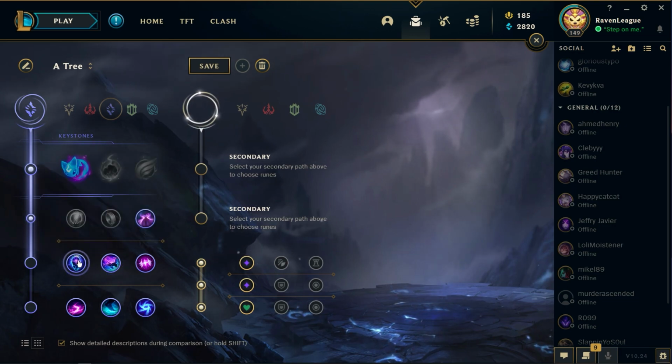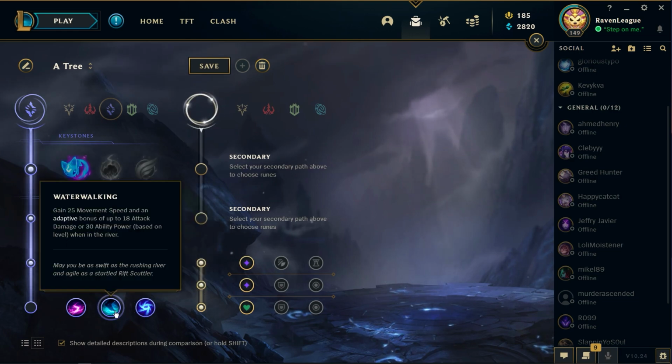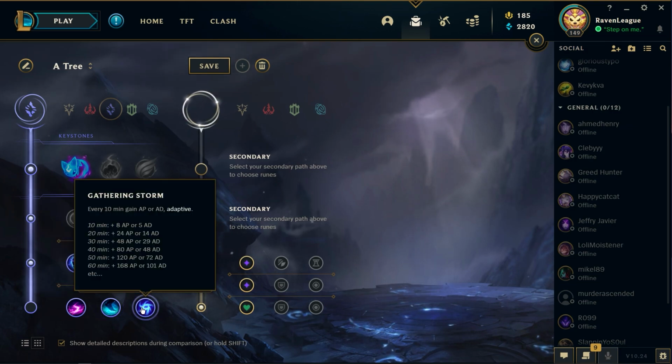If you want to scale, have better cooldowns, shield more often, Transcendence is better. And on the final tree of your main runes, you'll either go Water Walking or Gathering Storm. I prefer Water Walking because I find it's more versatile, but I know if you have a scaling team, like a Kayle, a Jhin, a Kassadin, that you want to scale up with, you would go Gathering Storm in